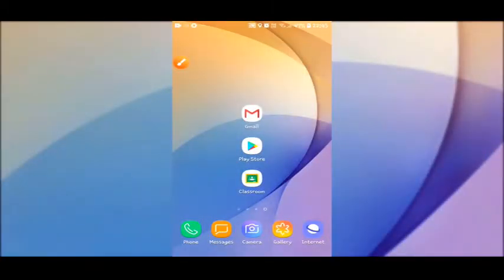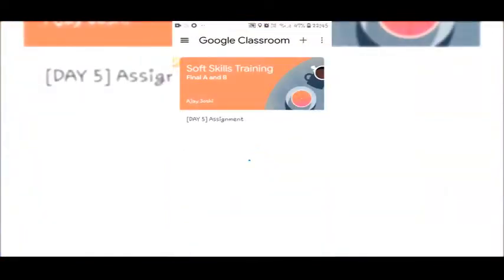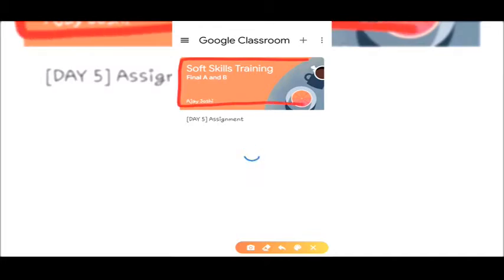To submit assignment, you need to open Google Classroom app. Then there are two options. First, you can submit your assignment by tapping here or opening your Google Classroom, or you can directly tap here and you can submit your due assignment, which will due soon. Okay, we will see both methods here.